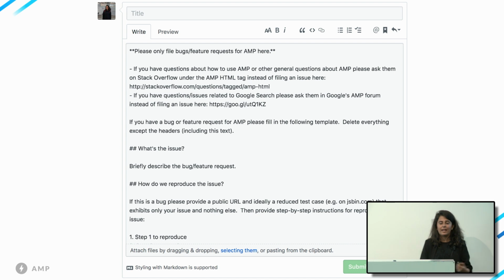You can then take a stab at actually filing an issue. And here I'd like to take a step back to make sure that we all understand what makes a really good issue and what makes a really good bug report. Make sure that you take the time out to try and find a minimal reproduction of the issue.